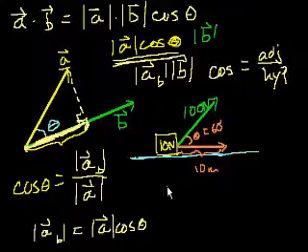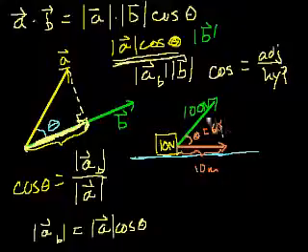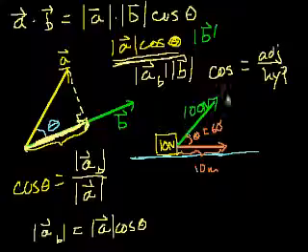Well, work is force times the distance, but not just the total force, the magnitude of the force in the direction of the distance. So what's the magnitude of the force in the direction of the distance? It would be the horizontal component of this force vector, right? So it would be 100 newtons times the cosine of 60 degrees, and it would tell you how much of that 100 newtons goes to the right. Or another way you could view it,